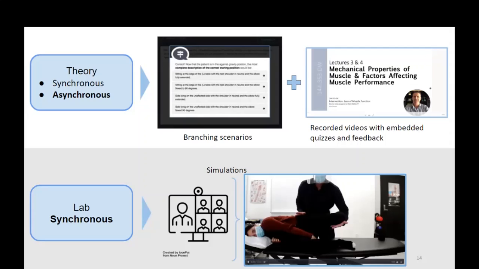In the lab, however, it was mainly synchronous. I wouldn't say it was 100%. There were some collaborative Google Docs, some work that they had to do in anticipation of the synchronous labs. But what we did is we did simulation. So what you see there is myself and our lab technician, and the students were each assigned something to do,